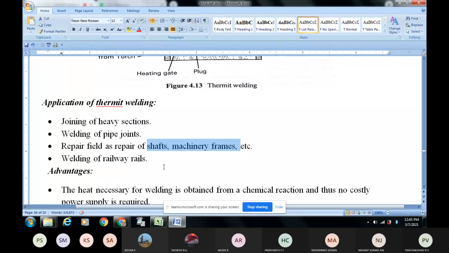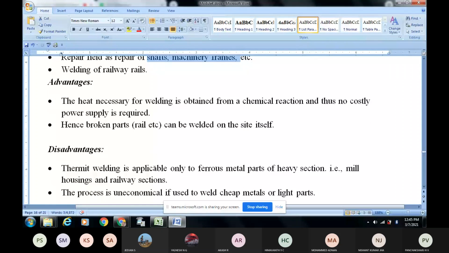What are the advantages? The heat necessary for welding is obtained from chemical